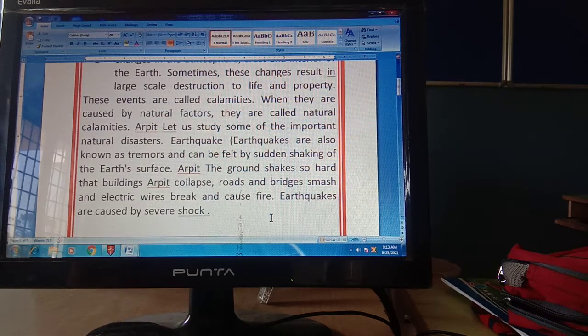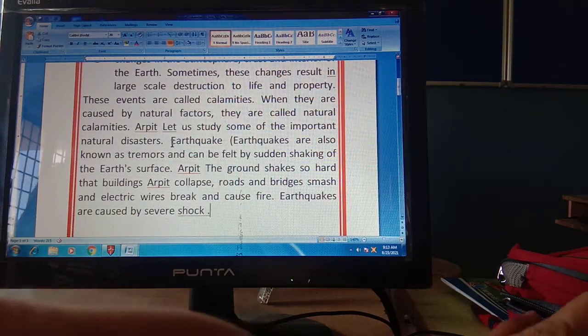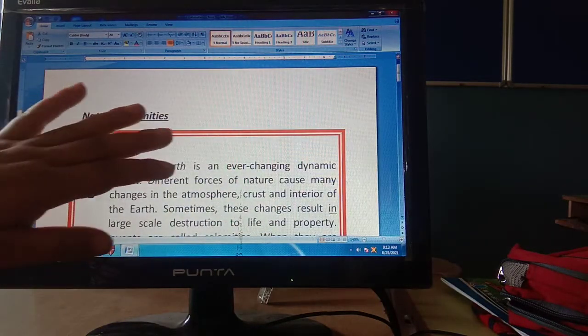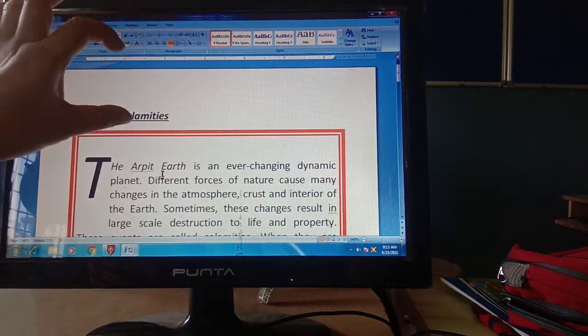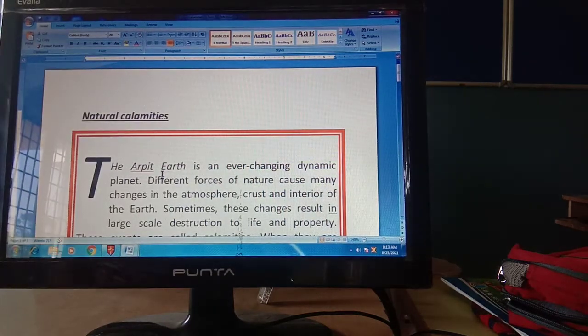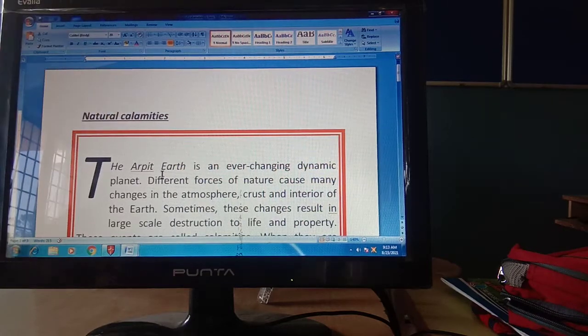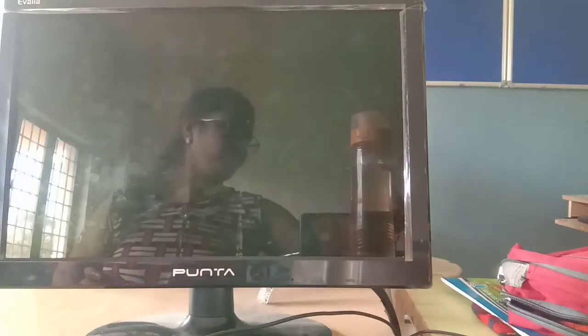Okay, so this is what you need to do. You have to watch the video properly. So students, single line spacing is done. Now we will learn about the margin. Do you know, students, what the margin is? Margin is the space between the text and the edge of the page. It is called your margin.